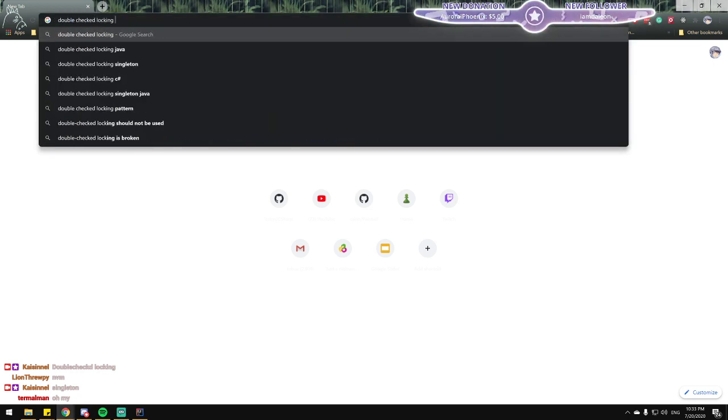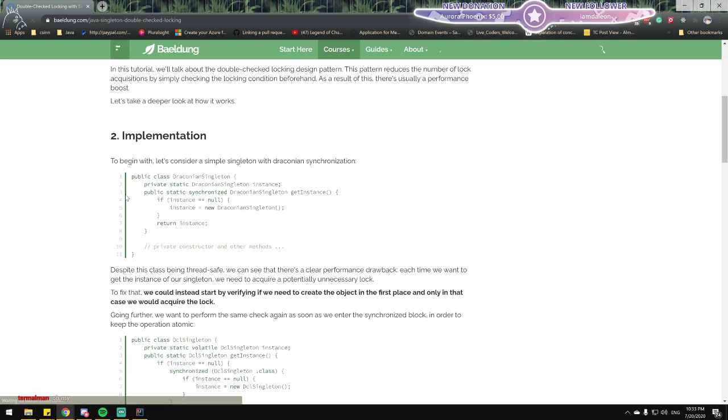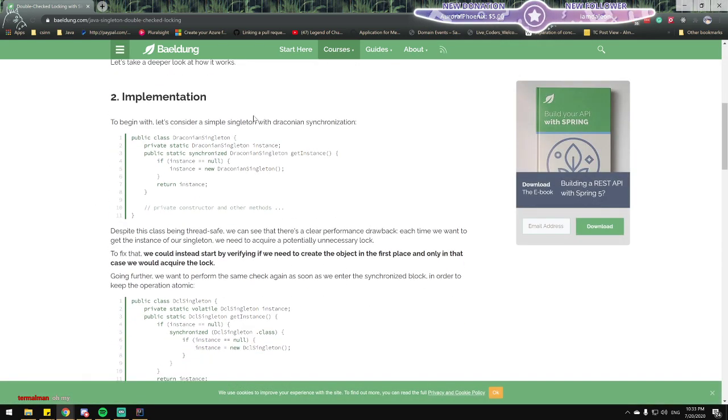Double-checked locking singleton. To begin with, let's consider single draconian synchronization. What the fuck is draconian singleton? So it's a singleton with synchronized keywords, where this combination leads to bad code. Singleton is a bad design pattern. It is a bad design pattern, but